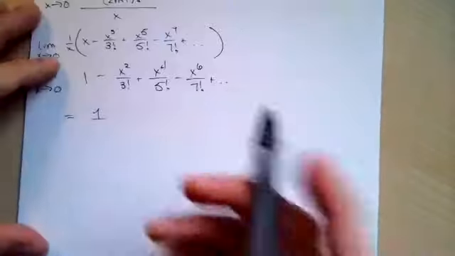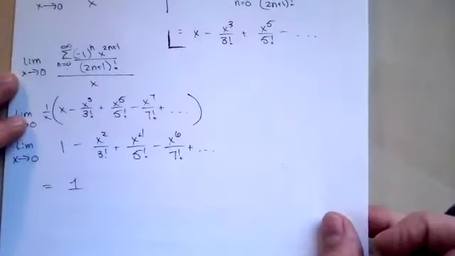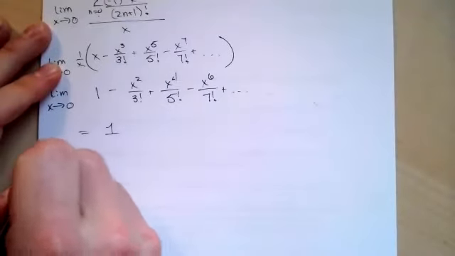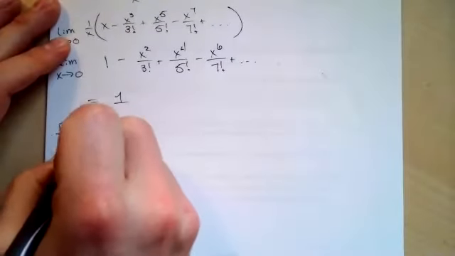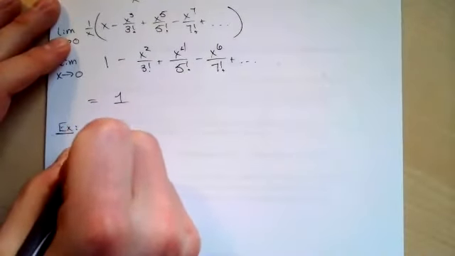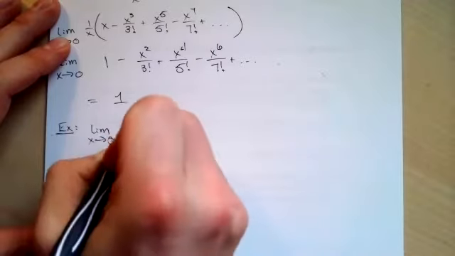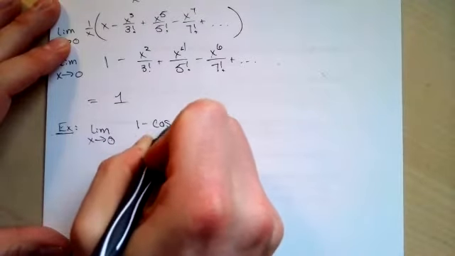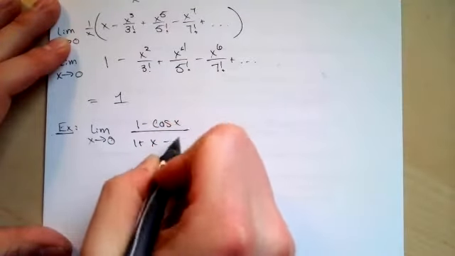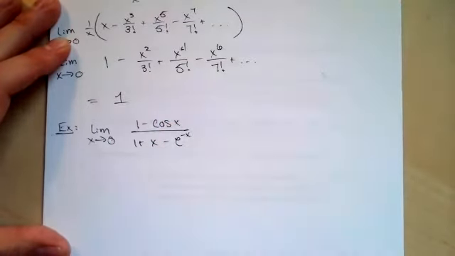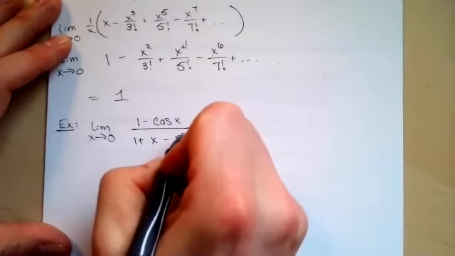So for example, if we want to compute the limit as x goes to 0, 1 minus cosine x over 1 plus x minus e to the minus x, e to the positive x,